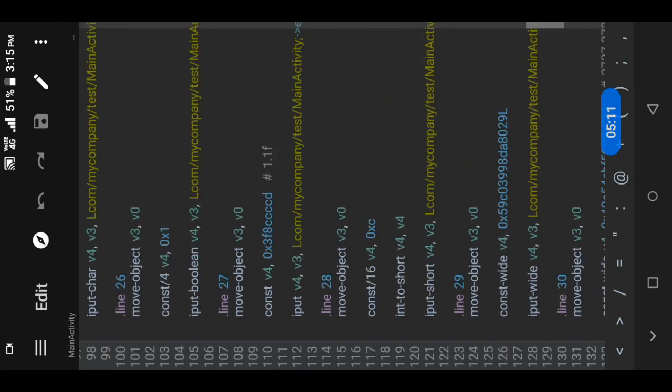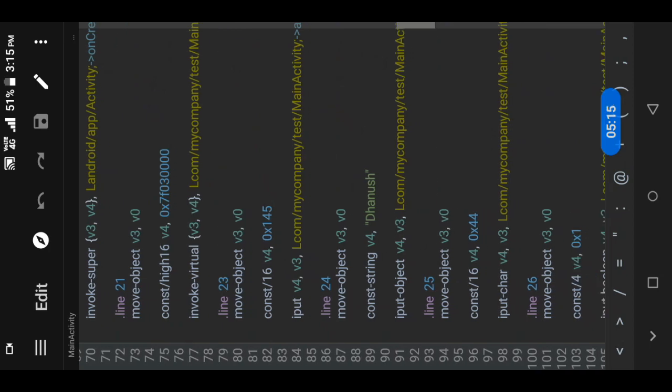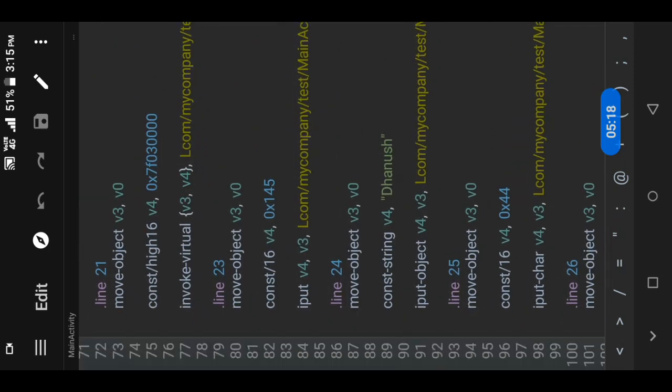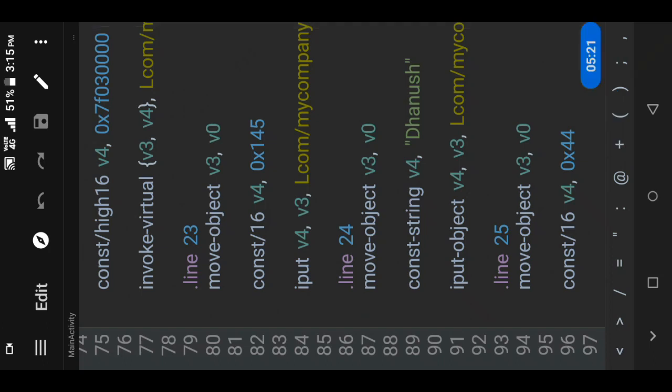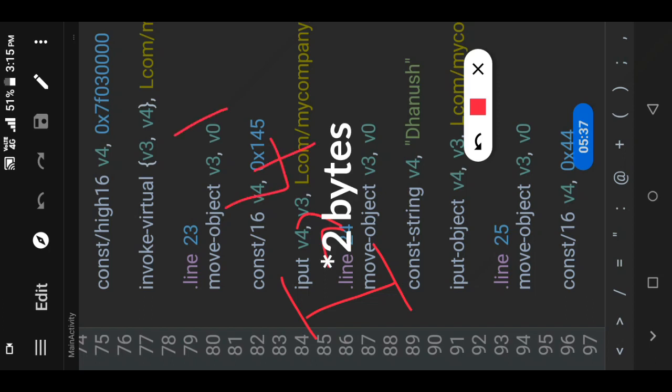Now let's talk about constant. For integer we have const slash 16, that is 16 bit. Why is it 16 bit? In Java the integer acquires 4 bytes. 1 byte is equal to 8 bits.